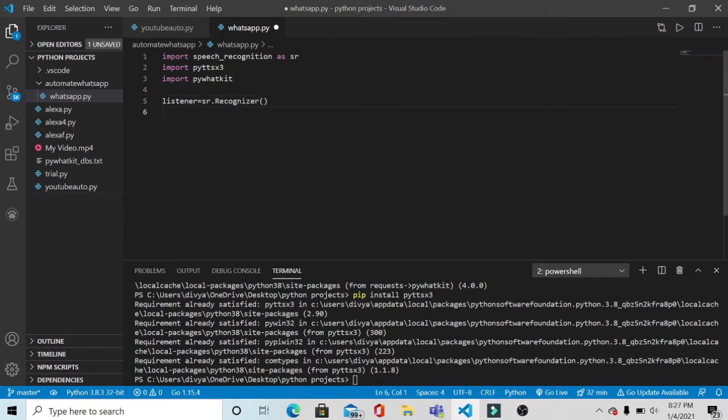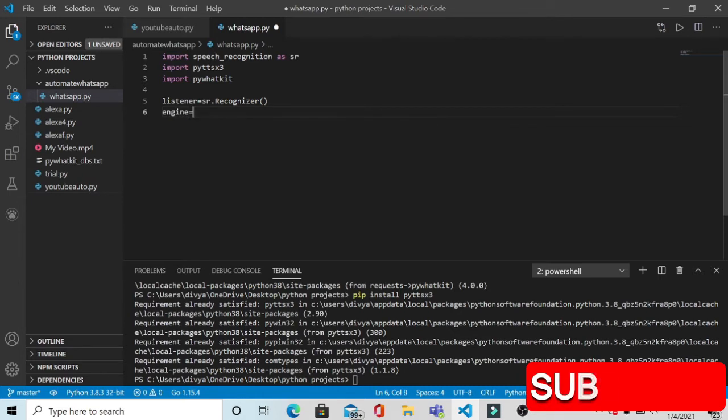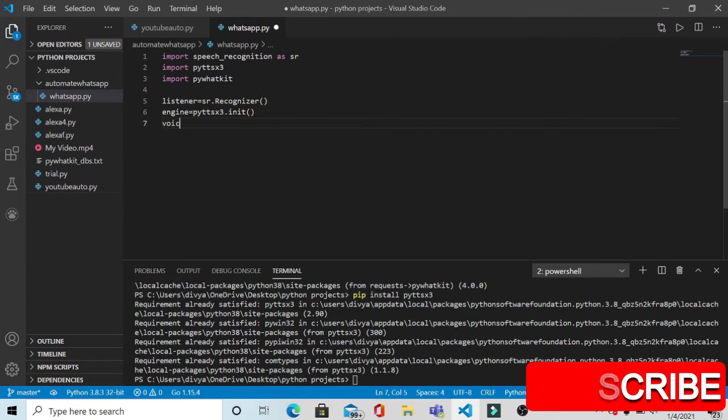After that, we have to make an engine that will initialize our pyttsx3 package. So pyttsx3 dot init. After this, let's say I have to change the voice from a man to a woman, which we have done in our previous video also. So what I am doing is writing an engine property.